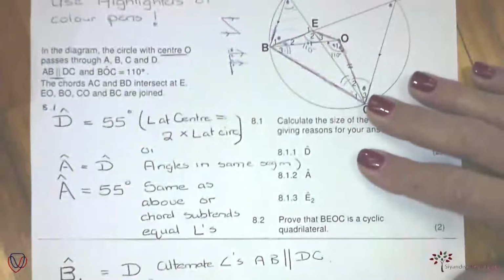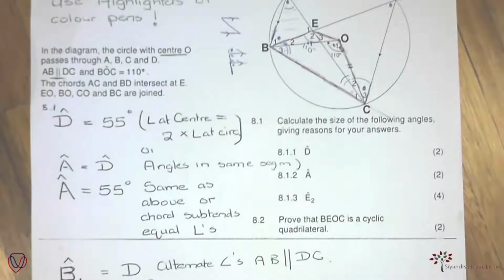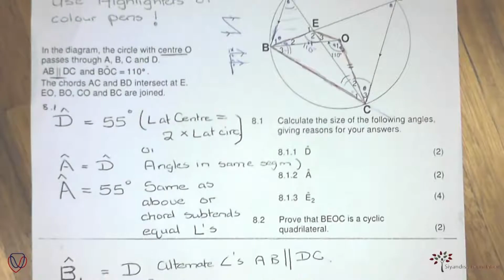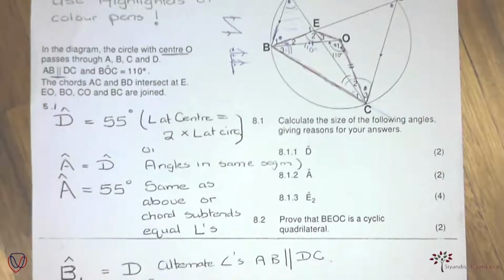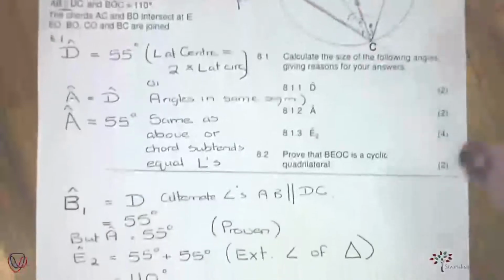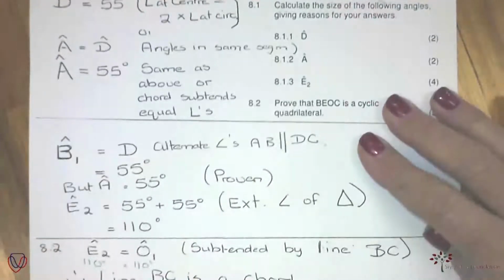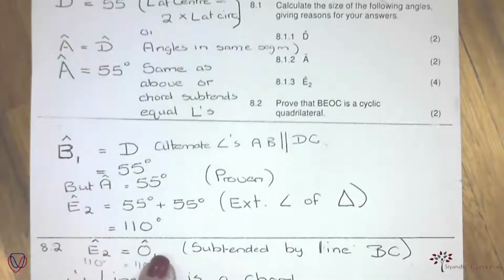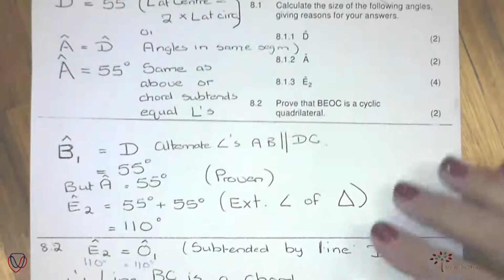Let's have a look. E2 is equal to O1. Why? Because the line BC is a chord and it's subtended by line BC. E2 we have already proven 110, and O1 was given 110. Can you see that? Right, people? Let's just go up. There it is. E2 is equal to O1. Why? We've proven E2 is 110, and we were given that O1 is 110 on the sketch. Right. Then I say,